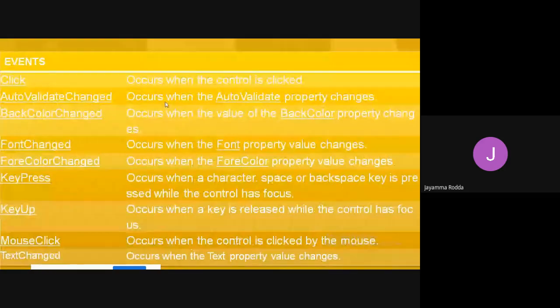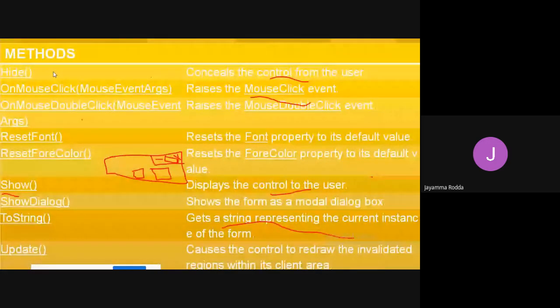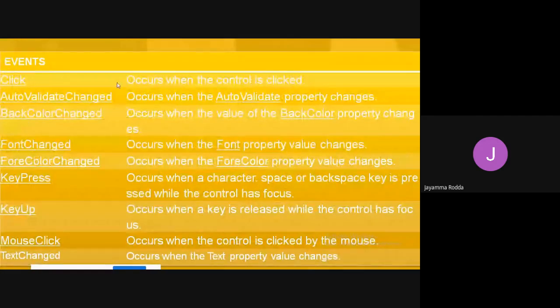Whereas another one is events. These properties, methods, and events are the things that we use over the Windows Forms application. So click is an event. Whenever you want something to take place, that is an event. If I click my mouse, an event has to take place. If I select my mouse and drag it here, a line has to be drawn.